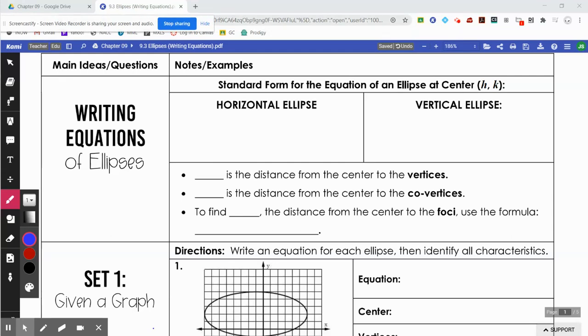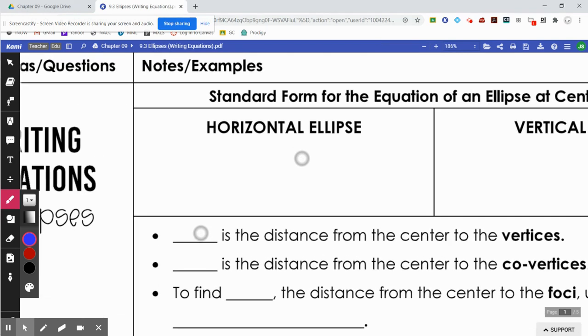In this video, we're going to be working our problems backwards. We're still dealing with ellipses, but we're going to be writing the equations instead of graphing them and pulling information from the equations. So the standard forms of the equation of an ellipse, reminder, if you have a horizontal ellipse,